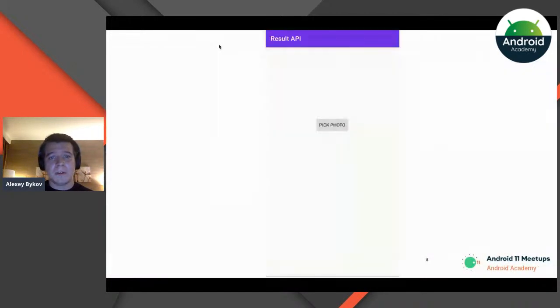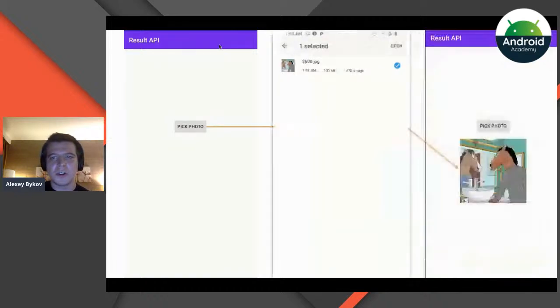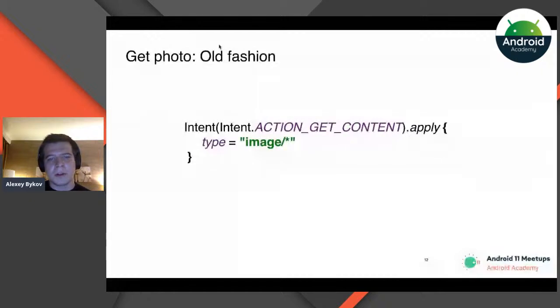So here we have an activity with only one button, pick photo. We press it, and then our system gallery will be opened. Then we should select an image and pass it back to our activity. How would we implement it using the old-fashioned approach? For sure, we would start with intent creation, with action get content and with MIME type image.